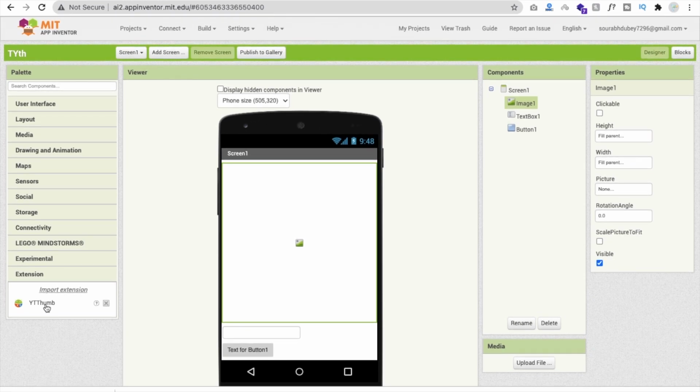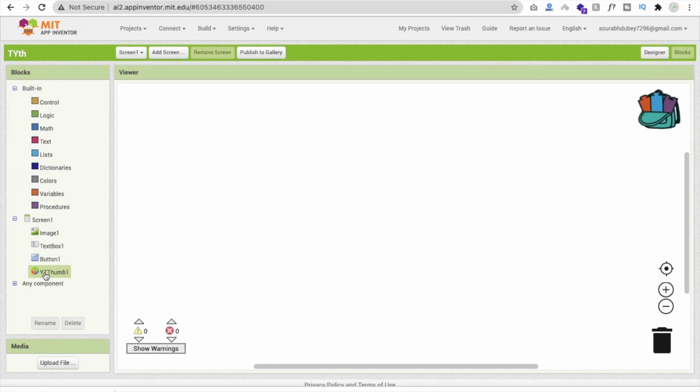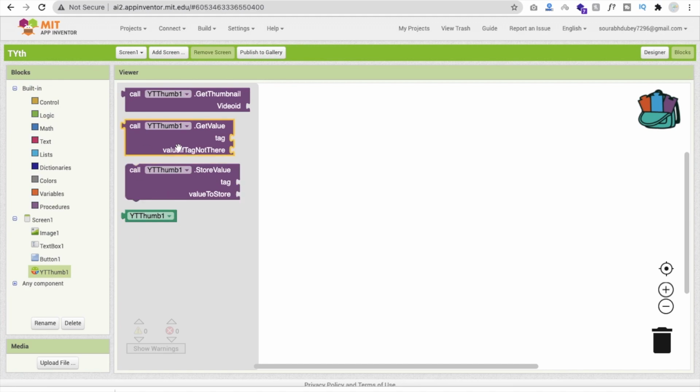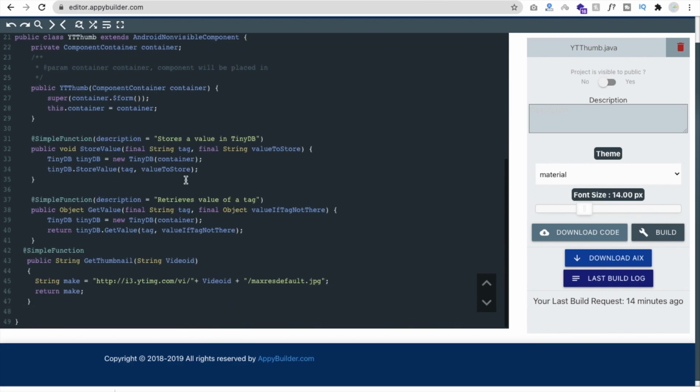You can see YT thumb. Now drag and drop it here. Now click on that block and click on the thumb option, and you can see the first thing, get thumbnail video id. Why are we getting both things? Because in the code you can see the two methods already written here.